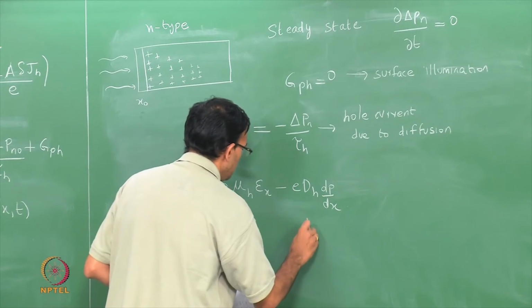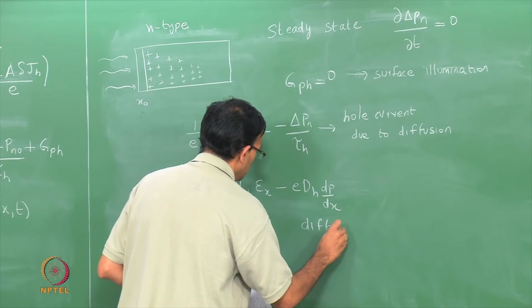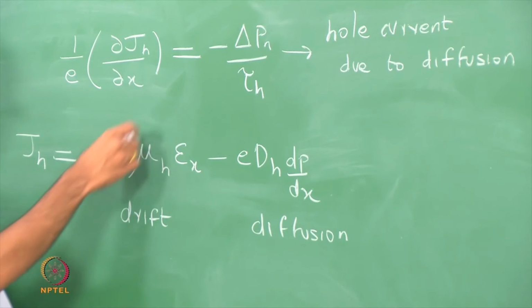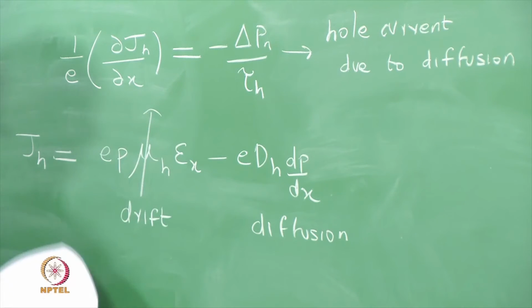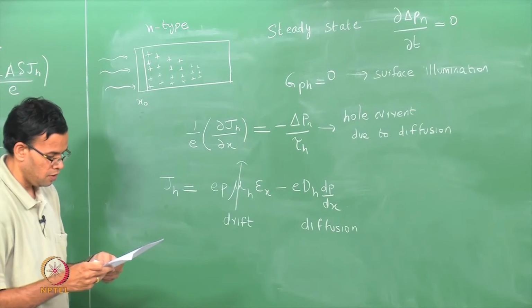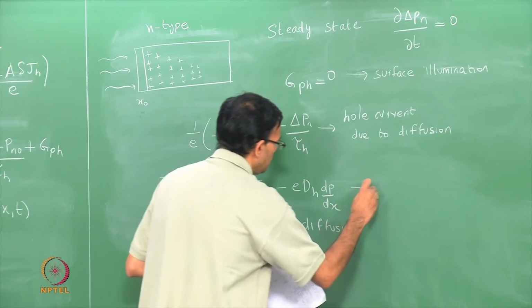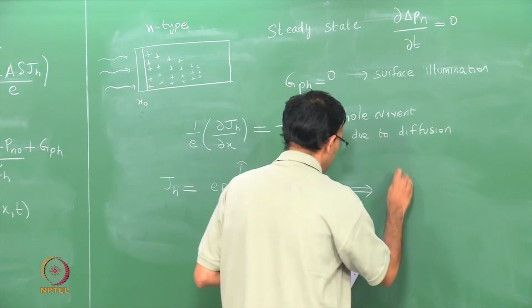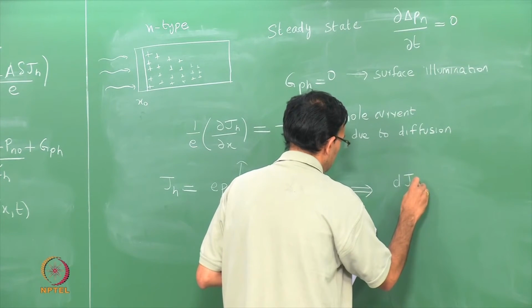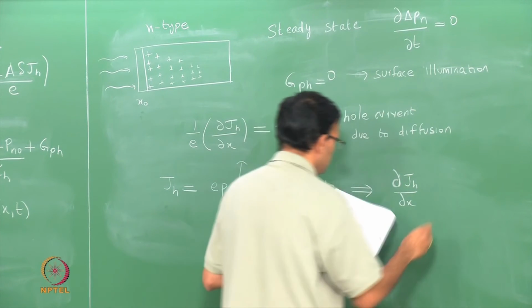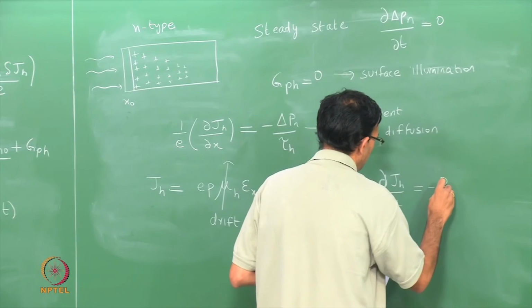The second term is due to diffusion. If we ignore the drift current, we can equate this flux to this equation, so that when we differentiate, what we get is ∂Jh/∂x is minus Dh